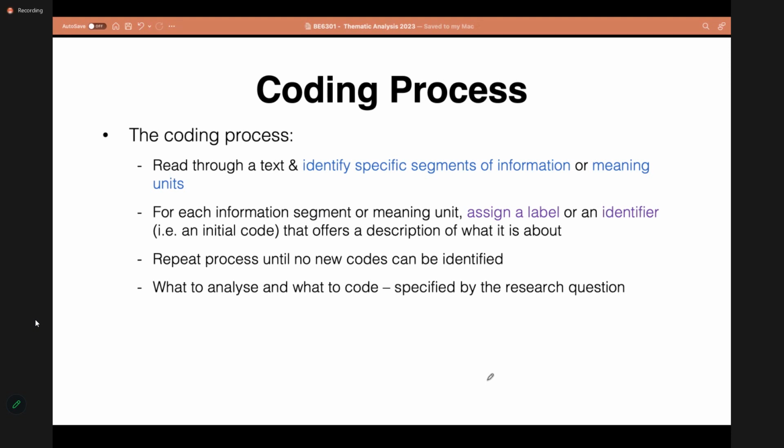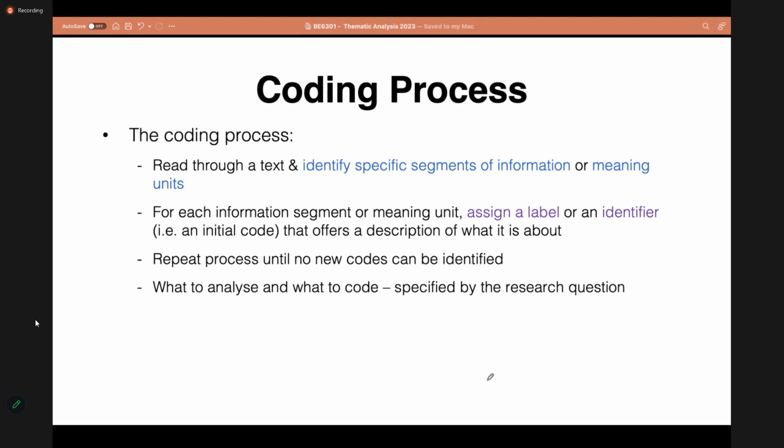By looking at our research question, we will see, okay, this part says something that's related to our research question. So we identify that and assign it a label, a code that describes what it talks about.